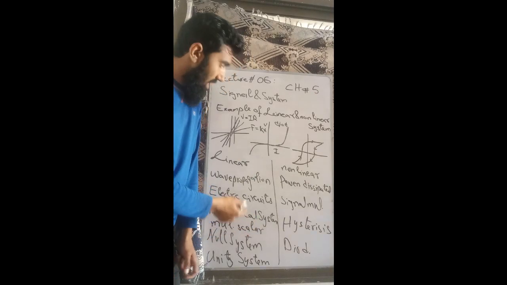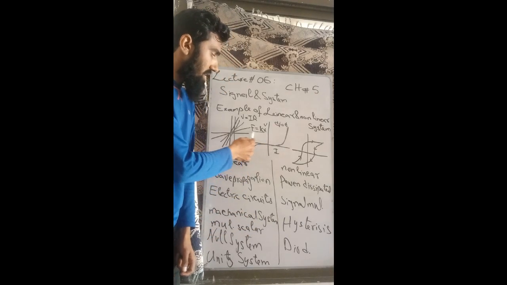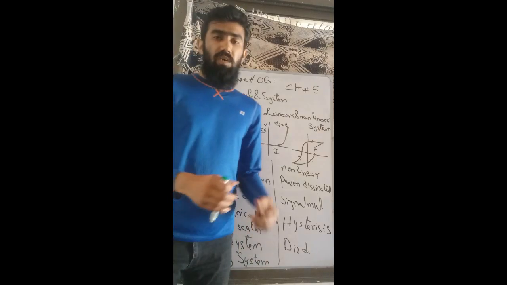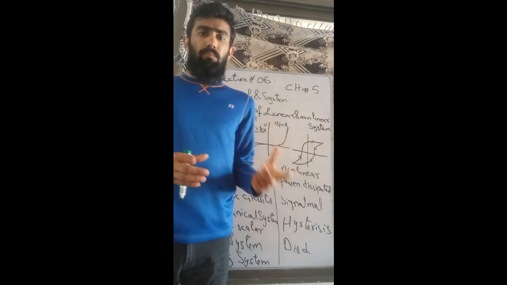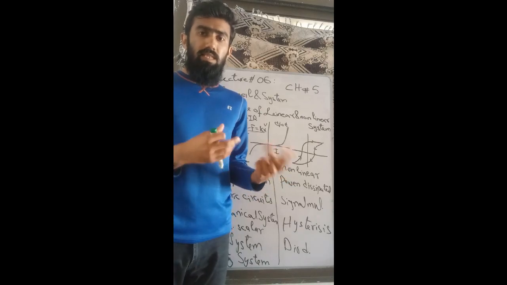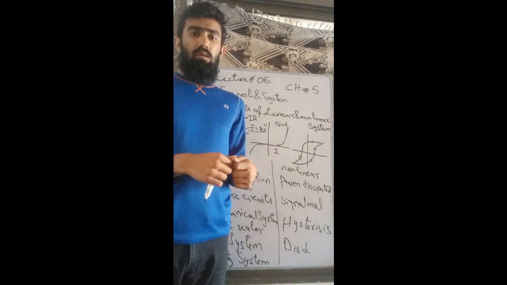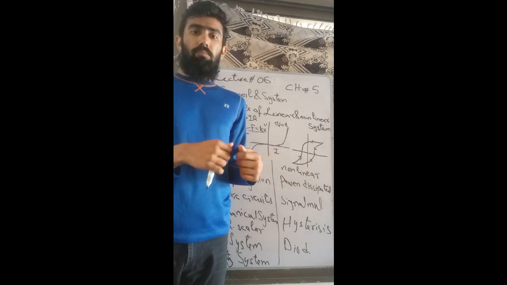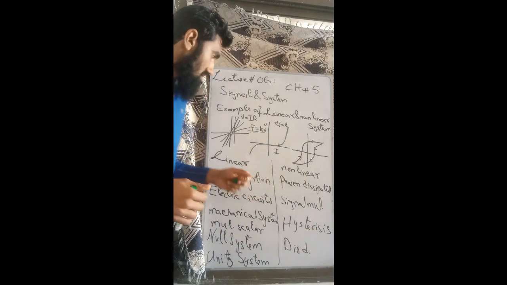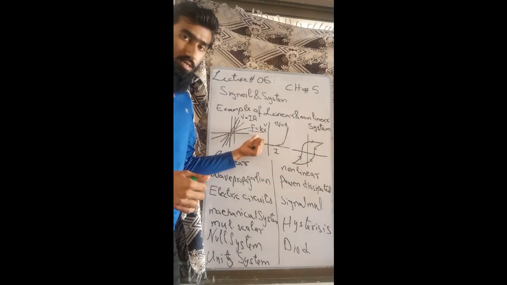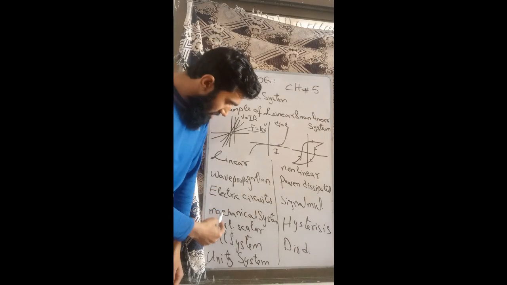A mechanical system like F is equal to Kx, the expansion and compression of a mass-spring system or any other system. If we apply a force on a spring, it may compress or expand. That is explained by this equation, Hooke's law. And another example is